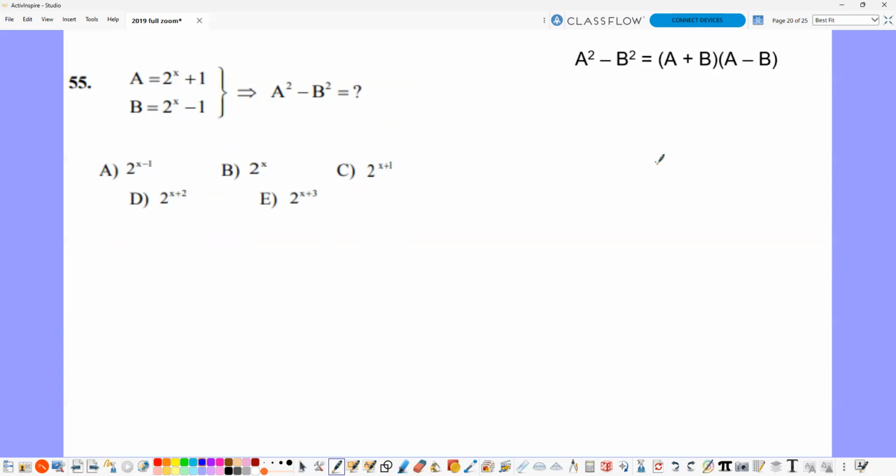The next one is the square difference formula, one of the mathematical identities that we are learning: a square minus b square is equal to a plus b times a minus b. I can factorize like this, a square minus b square in this form, and then I will replace the forms here. A is equal to 2 to the power of x plus 1, plus 2 to the power of x minus 1, times 2 to the power of x